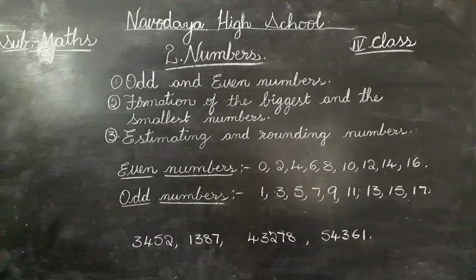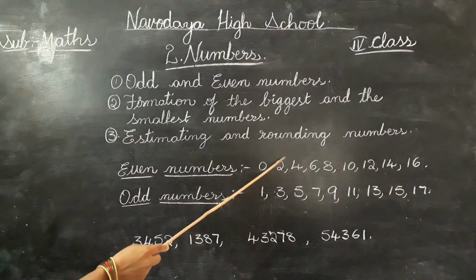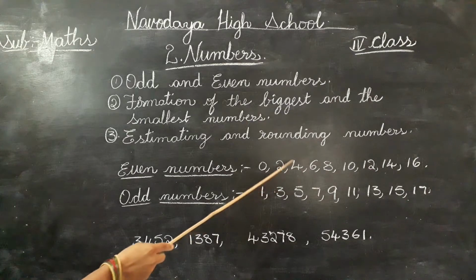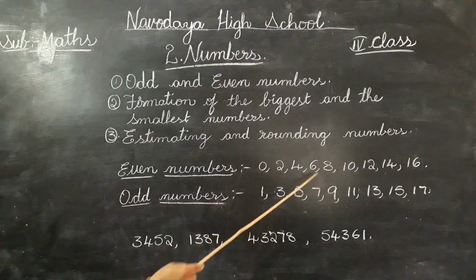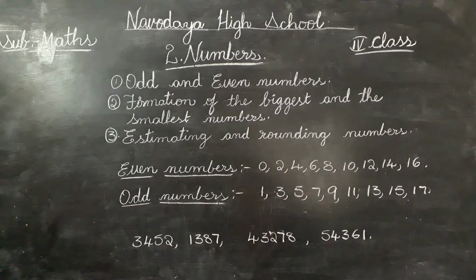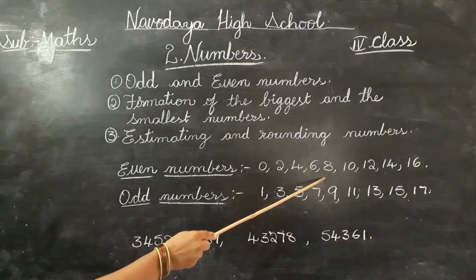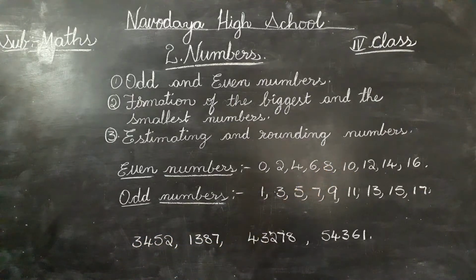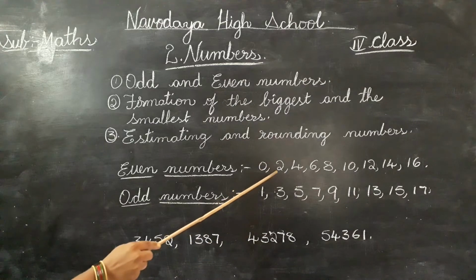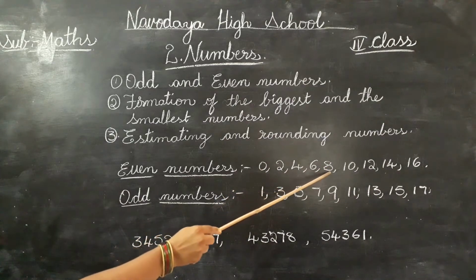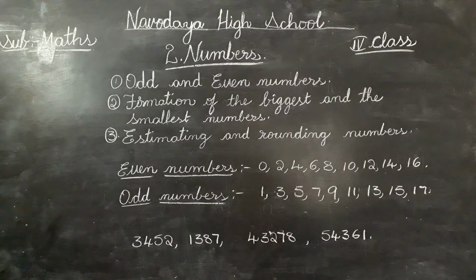Observe the pattern that occurs in the ones place of these numbers. The pattern forms with increase of each successive number by 2. The numbers are increasing successively, 2 is increasing here, starting from 0, 2, 4, 6, 8. So, even numbers always have 0, 2, 4, 6, 8 in their ones place.